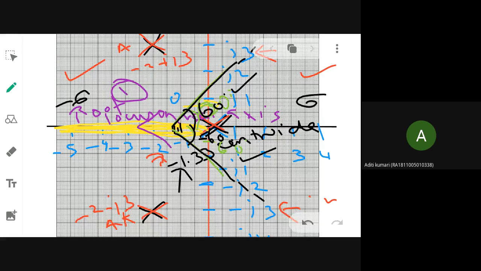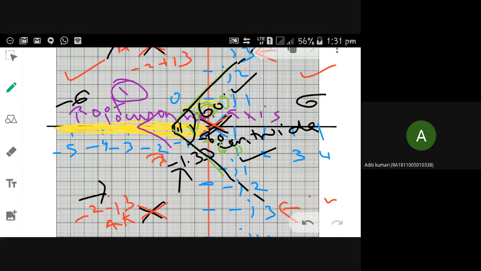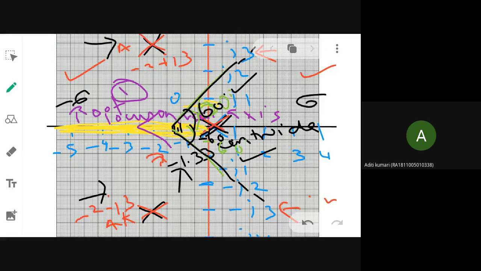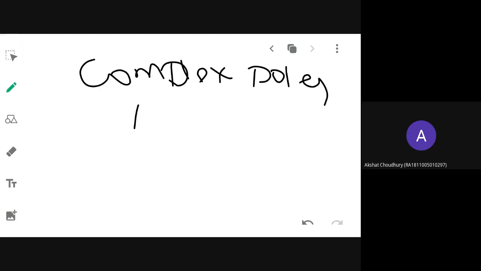Next thing is, there are two other poles that you are having. This is pole number 2, this is pole number 3. So two more branches will start over from this point. Is this complex nature or non-complex poles? Complex. So whenever you are having complex poles, you remember, I will have an angle of arrival or departure.